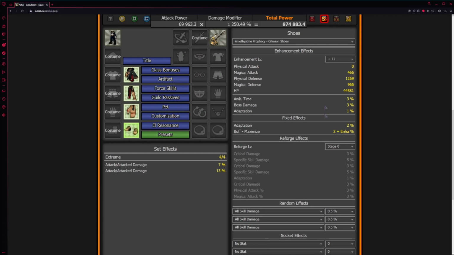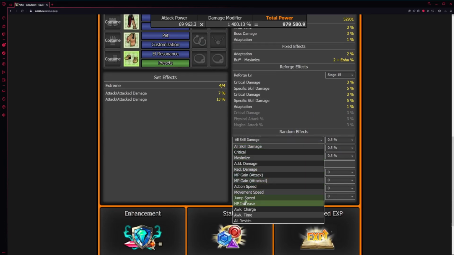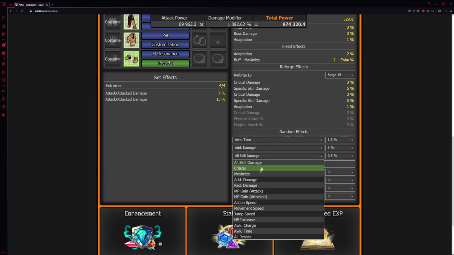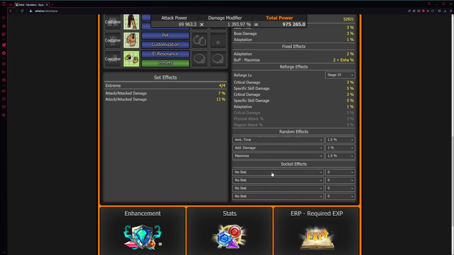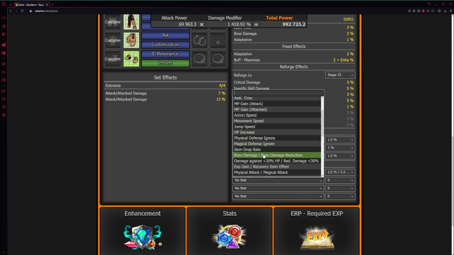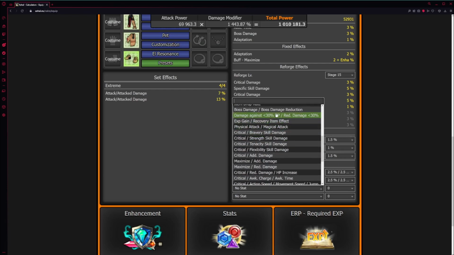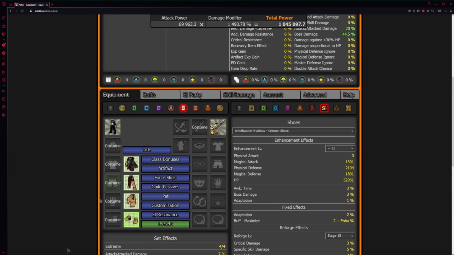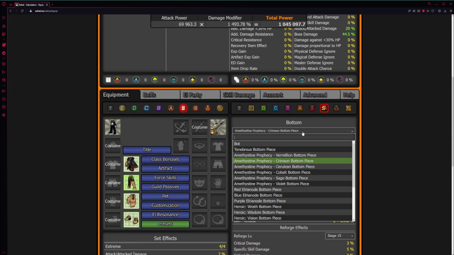So we'll do that again. And then again, my shoes are 15 because I am a physical class, so I just don't care enough about it. So we'll do awakening time, add damage. I believe this one had maximized 1.5. So again, boss damage, boss damage, boss damage, and boss damage. So now you have your full weapon and armor set, and I will show you guys with my bottom piece